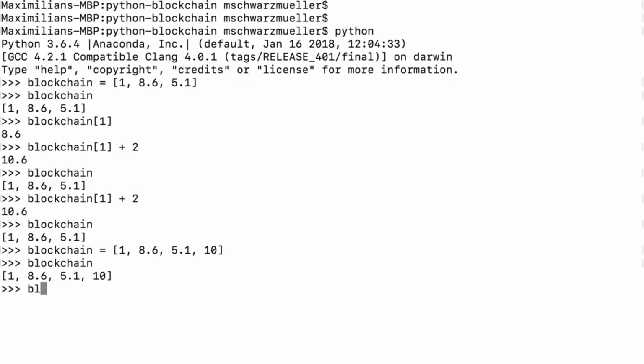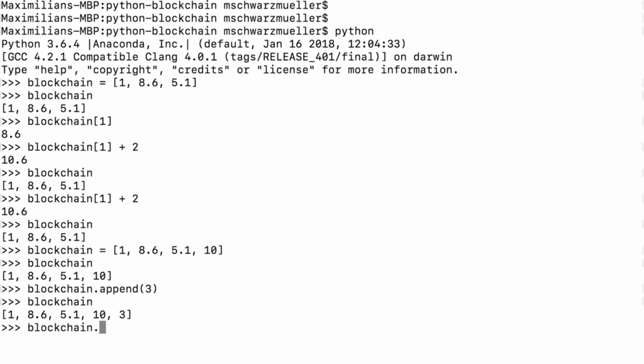Thankfully, there is a special function or method we can use. Now I'll dive deeper into what functions and methods are in just a second. But for now, let's simply call it by adding .append after our list. That's a built-in method shipping with Python, and add parentheses here. Now if you add 3 here, and you then output the blockchain again, you see that 3 was added at the end. So whatever this method or function is, again, we'll have a look at this in just a second, it seems to take that value we pass to it between the parentheses, and in the case of the append method, add it to our list.